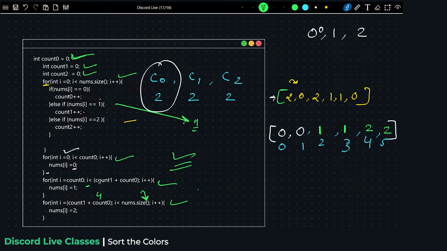Yes. So it could be 3n. The addition of count 0, count 1 and count 2 would be n. Exactly. And n is the size of the array. Exactly. Listen, if somebody will be asking you this kind of thing, if we are using 3 for loops, but